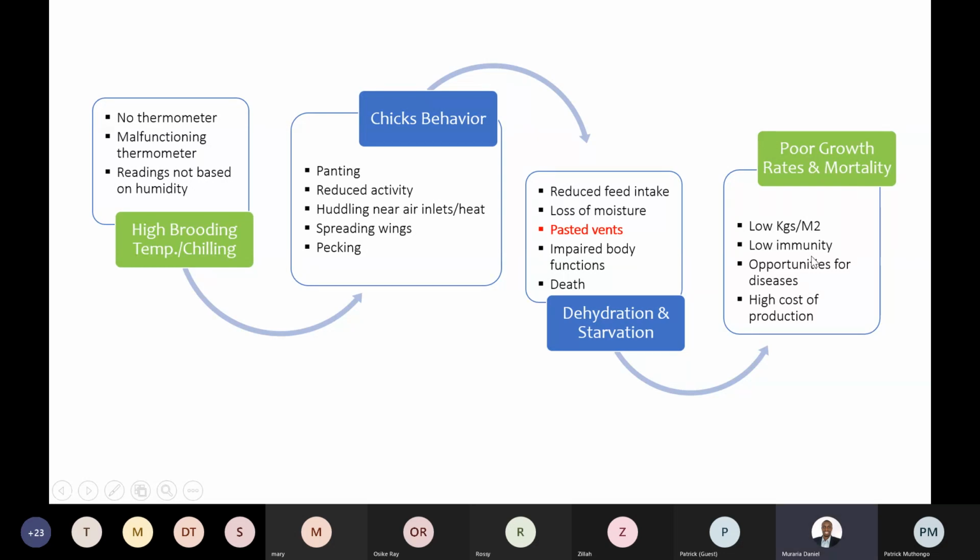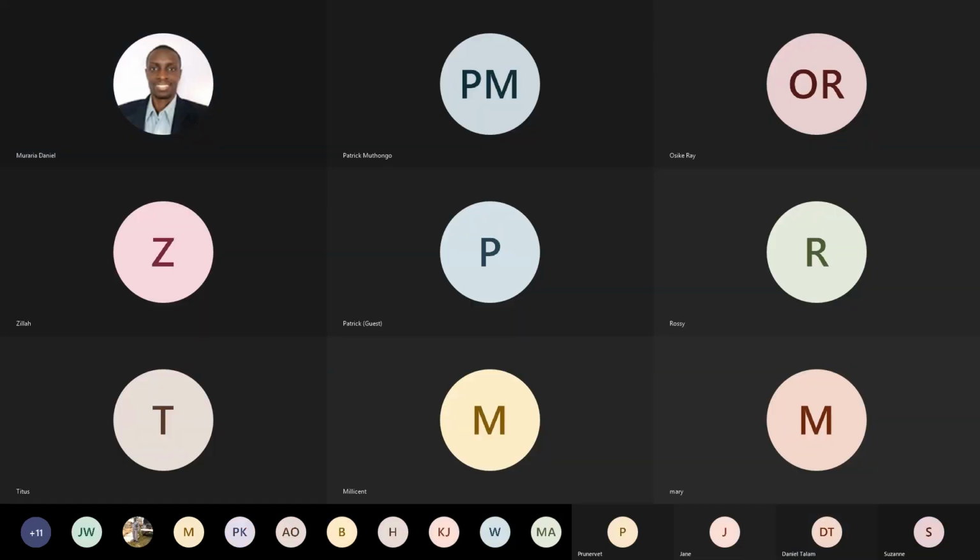Low immunity, and because they have not fed correctly and have not drunk water correctly, their bodies are prone to any form of infection. This leads to opportunistic diseases that are going to attack your chicks. Definitely, because you are in agribusiness, you're going to have high cost of production. So, as a summary, what this is telling you about is a trend of poor brooding, poor heat management in chicks. I just wanted to bring this out clearly so that, as farmers,